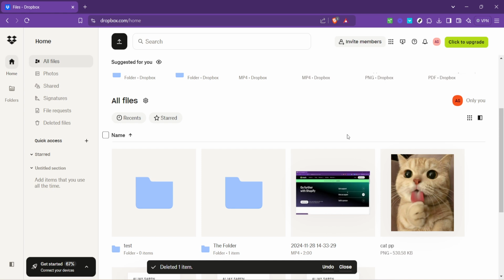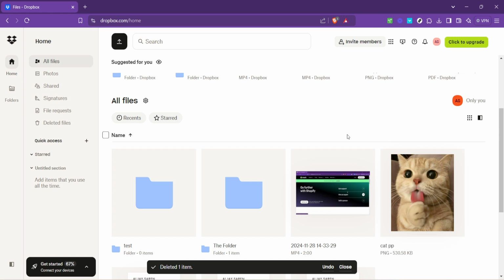In summary, navigating to dropbox.com, logging in, accessing your files, selecting unneeded files, and deleting them are straightforward steps to help manage your Dropbox storage effectively. Digital clutter can be as cumbersome as physical clutter, so taking the time to periodically review and remove unnecessary files will not only free up space, but also make it easier for you to locate and work with the files you truly need. Remember, the goal here is not just about deleting files to make room, it's about optimizing your digital workspace for efficiency and productivity.